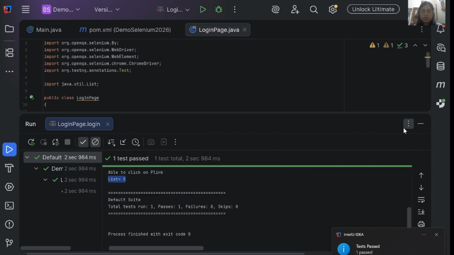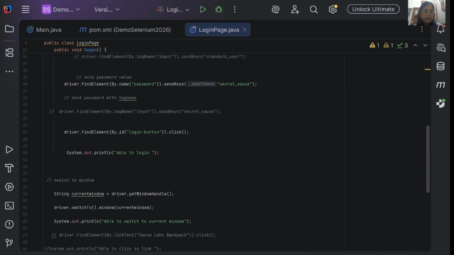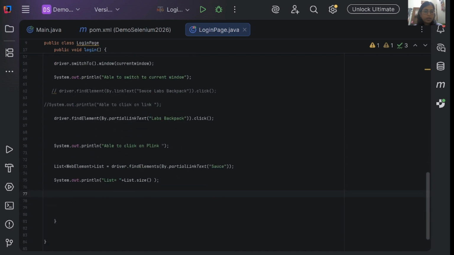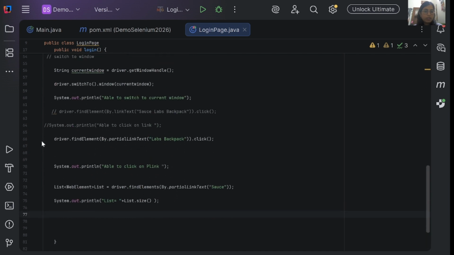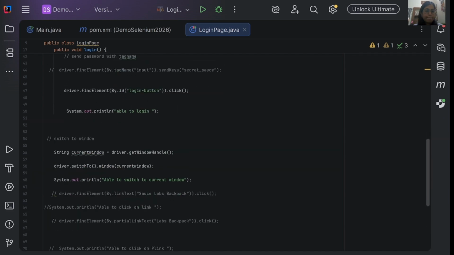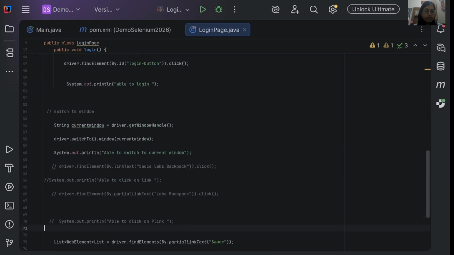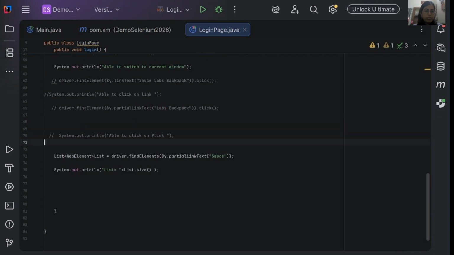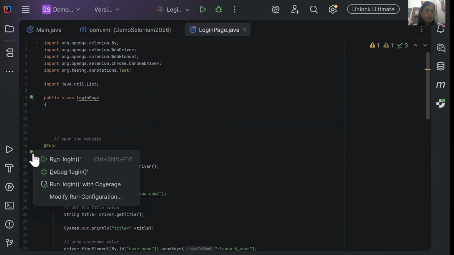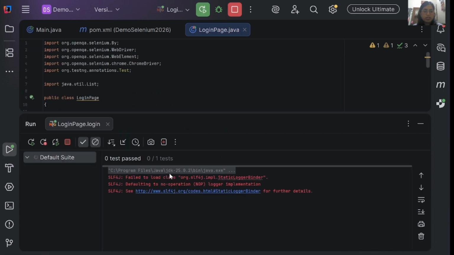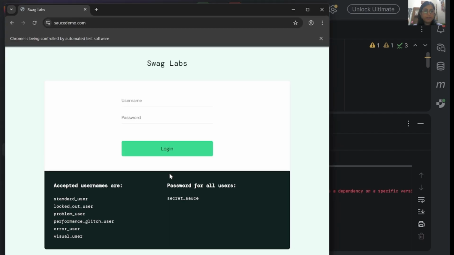Comment this, and don't perform the click action here. Actually, we performed the click action, so that's why it was not identified.